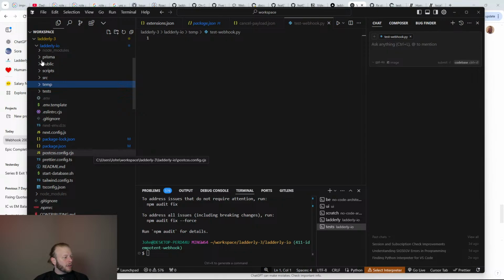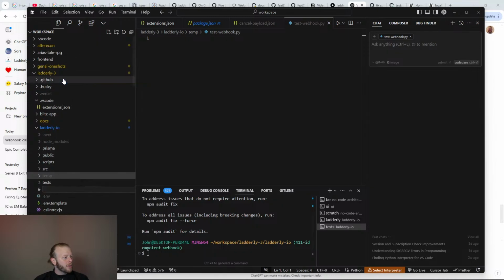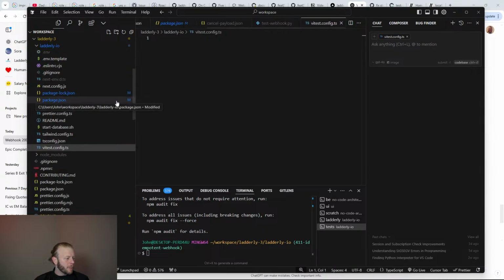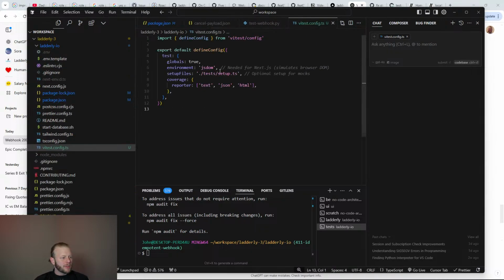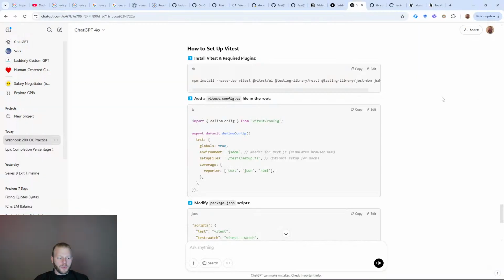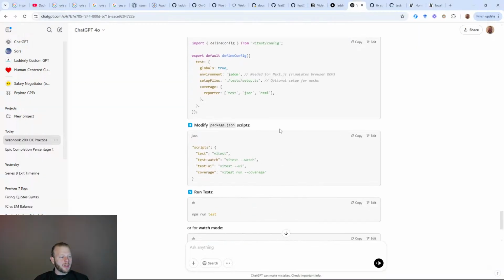Okay, so here, I'll right click on the parent folder, vitest.config.ts, paste that in, get rid of these comments. It's saying we can have this setup file. I don't currently need that, but we'll keep that around in case I do before the end of the commit. If I don't need it by commit time, I'll just delete it.